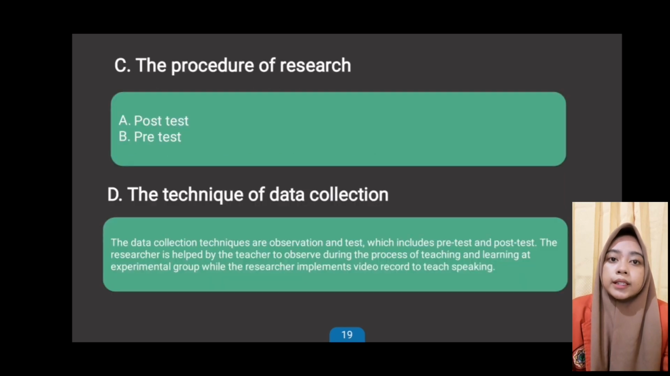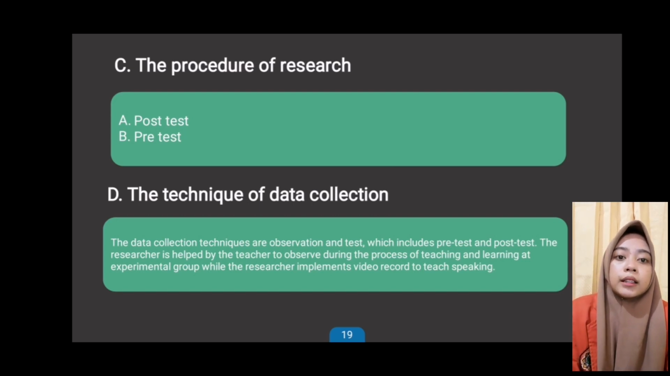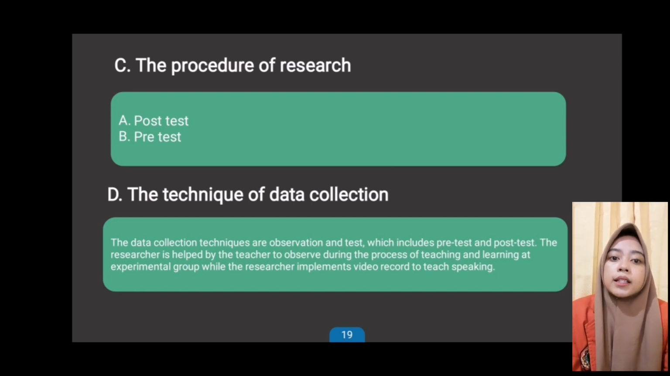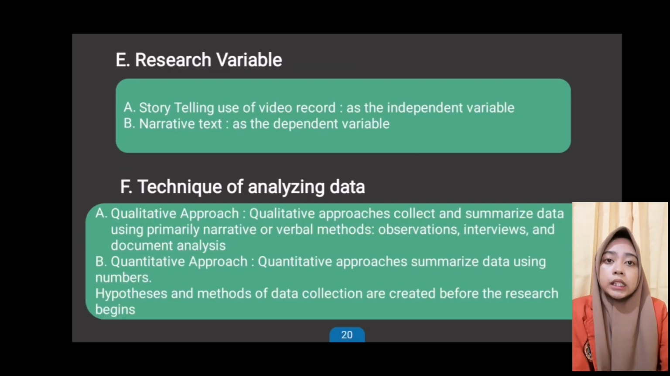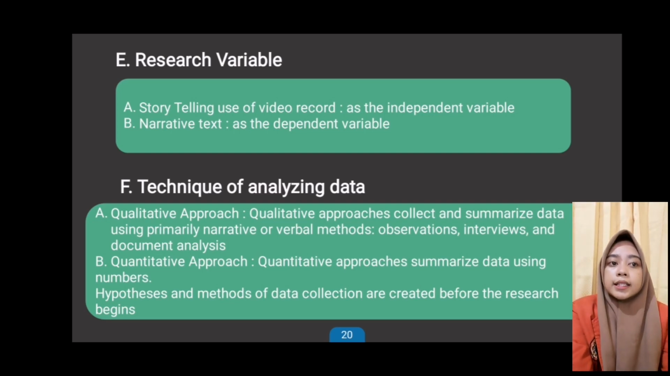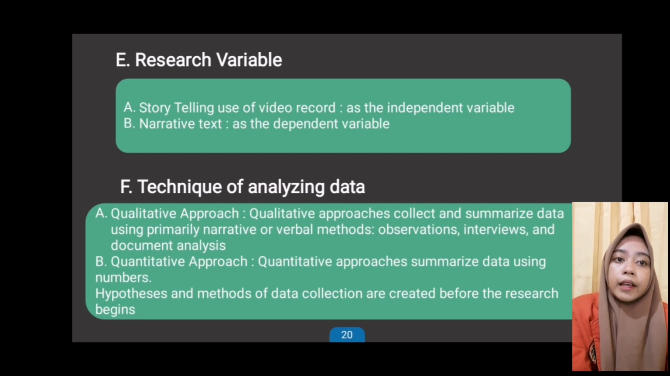Point C, the procedure of research. A, pre-test, and B, post-test. The next point D, the technique of data collection. The data collection techniques are observation and test, which includes pre-test and post-test. The researcher is helped by the teacher to observe during the process of teaching and learning in the experimental group, while the researcher implements video record to teach speaking. Point E, research variable. A, storytelling use of video record as the independent variable, and B, narrative text as the